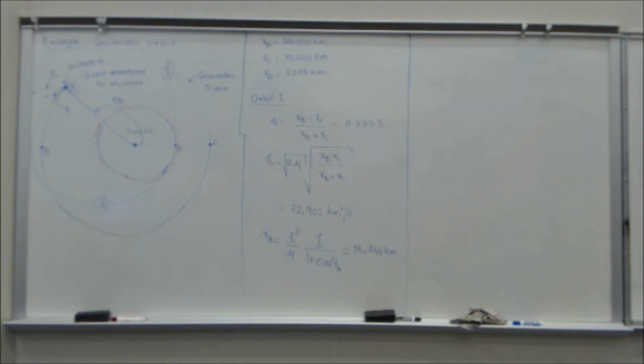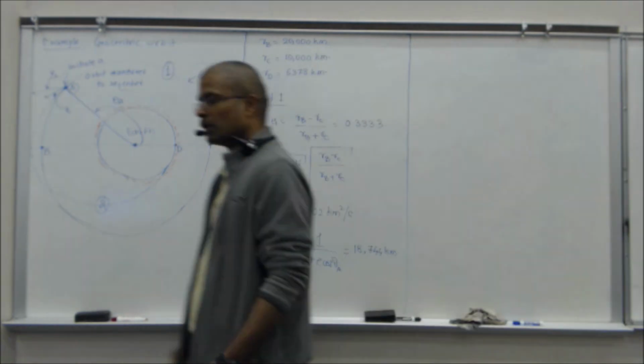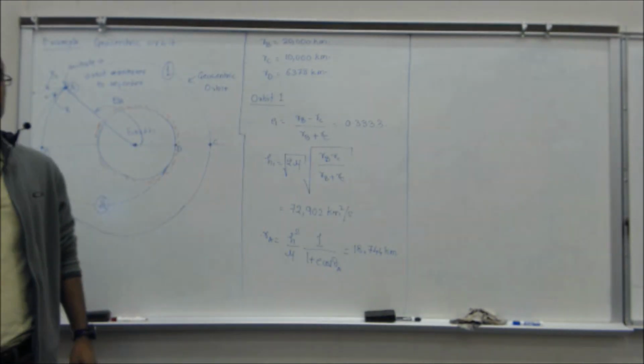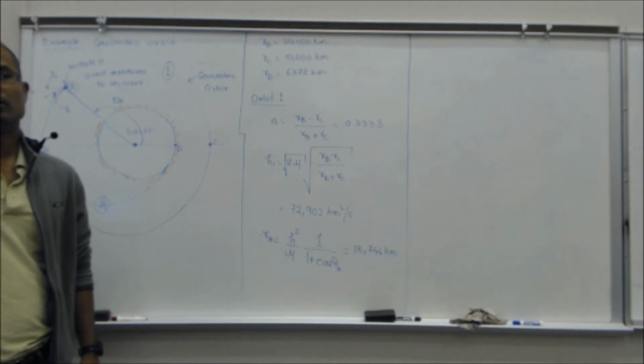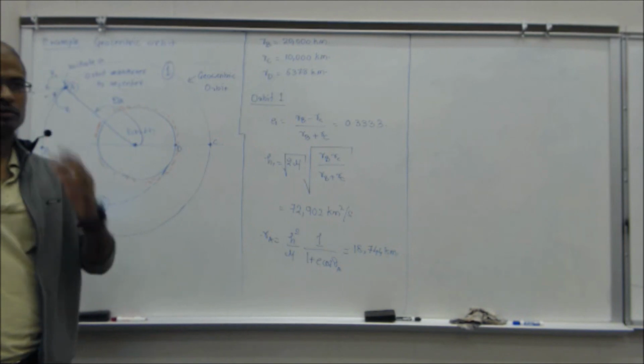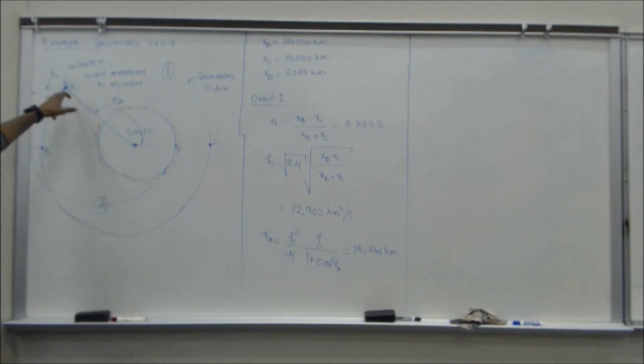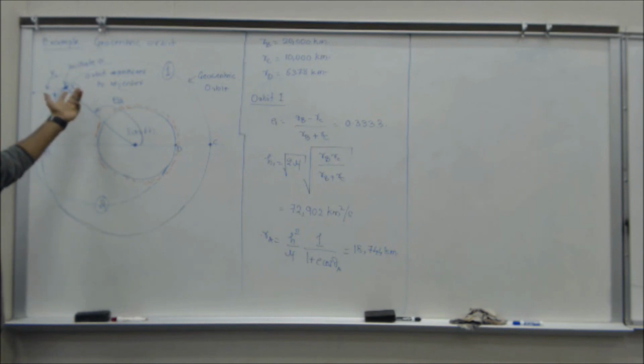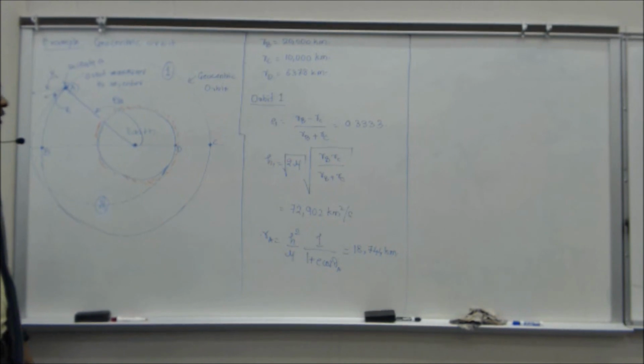It doesn't have to be just write it in between. See, the thing with geocentric orbit is, it doesn't have to be a circular orbit, right? Why does it have to be a circular orbit? As long as it gets here, it's going to stay there. If it's, the orbital period is